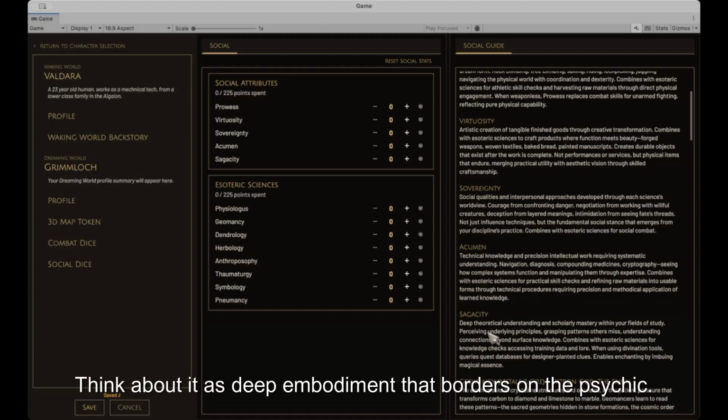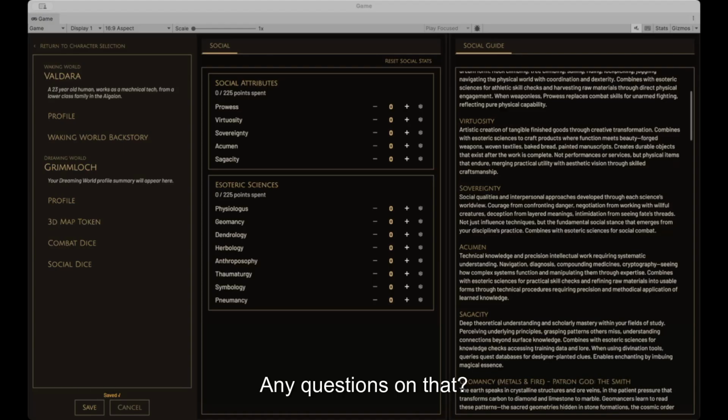Think about it as deep embodiment that borders on the psychic. Any questions on that?